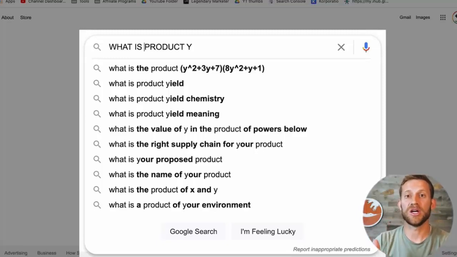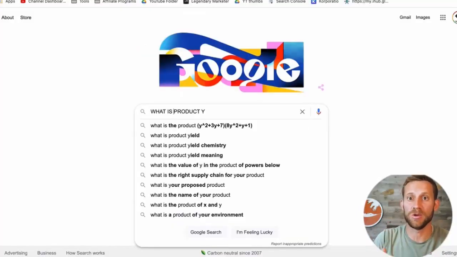One, no one's put any content about this product because it's brand new. That means there's not a lot of competition on Google or YouTube. That also means that there's a lot of potential for brand new blogs, brand new YouTube channels to be able to take these spots because there's no one else currently holding them.